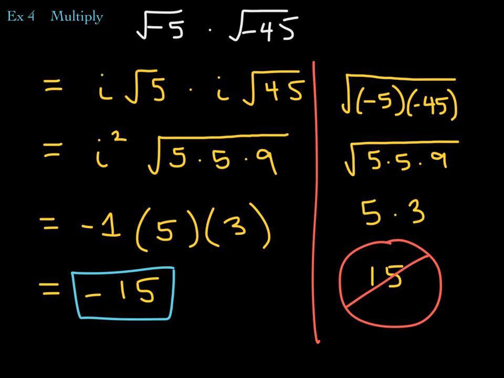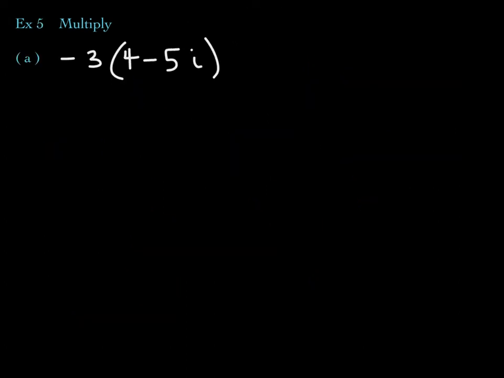It's the wrong answer because before you operate, you must rewrite these in terms of i first, right? Write them in terms of i first. All right, let's continue with the multiplication. Now here, everybody, there is really nothing brand new. Let's distribute the negative 3. We're used to doing that already, right? So what we get then is negative 12 plus